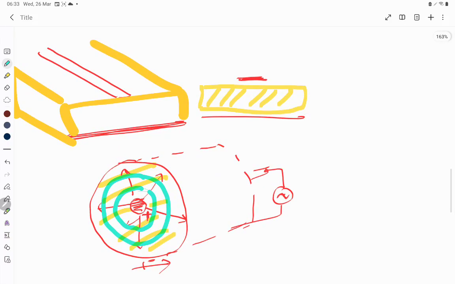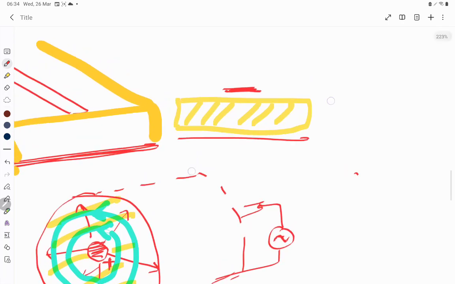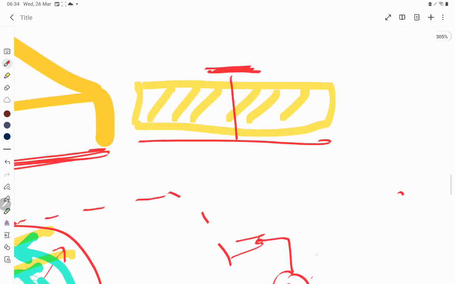Now if we consider similarly the electric field in microstrip line, the electric fields will be like this,